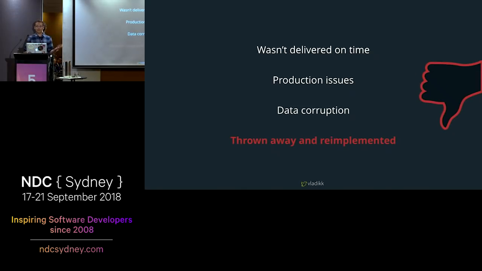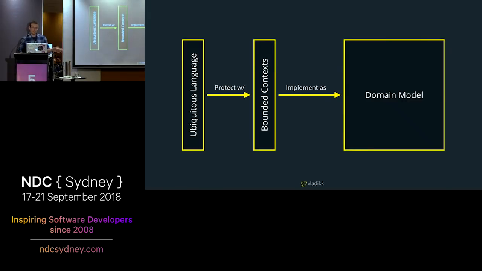The only solution for fixing this mess was to throw away the old implementation and to rewrite the lead aggregate from scratch, this time in the proper boundaries, which we did a couple of years later. Wasn't easy, but the mess was so bad there was no other way around it. And to sum it up, at this stage, our understanding of domain-driven design looked like this: ubiquitous language, protected by bounded contexts, and instead of an anemic domain model everywhere, a proper domain model everywhere.